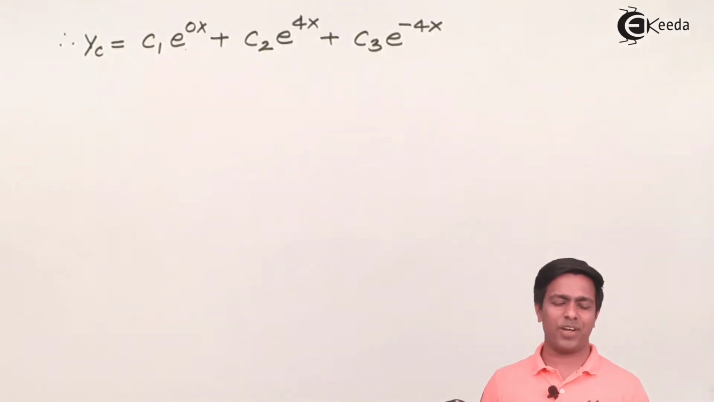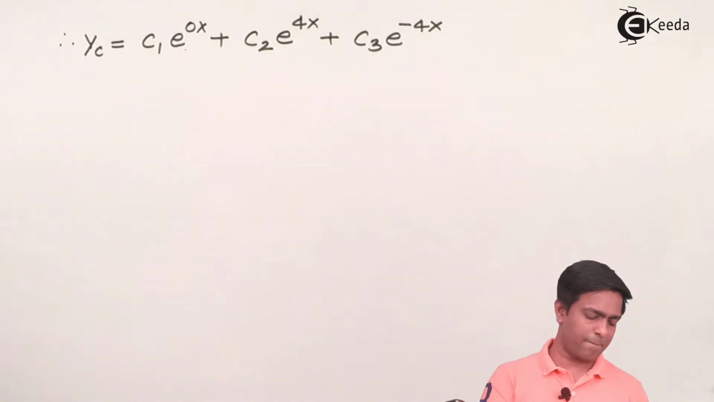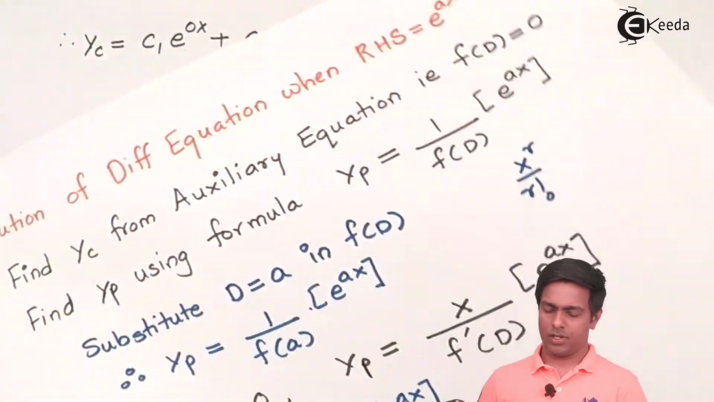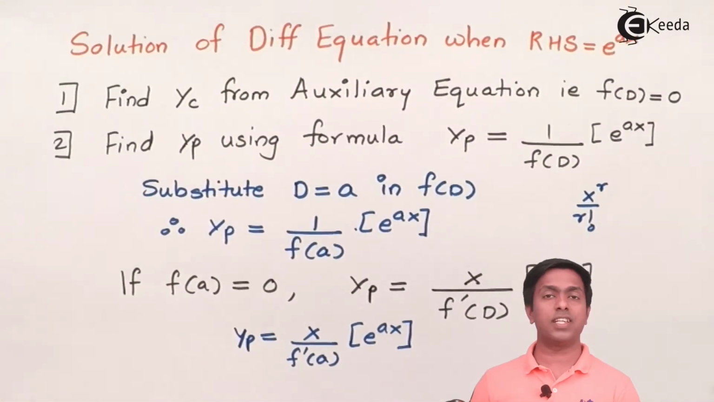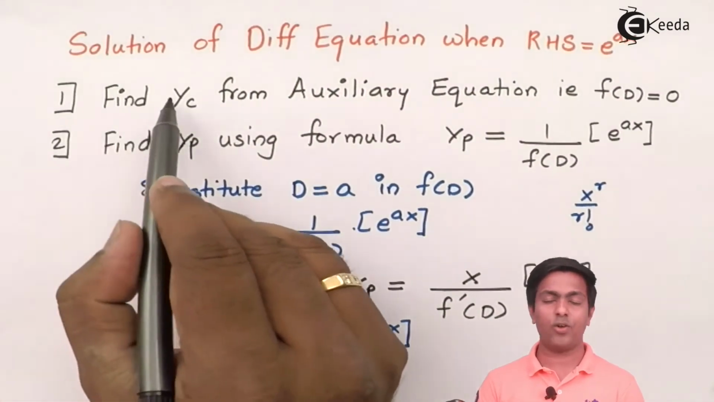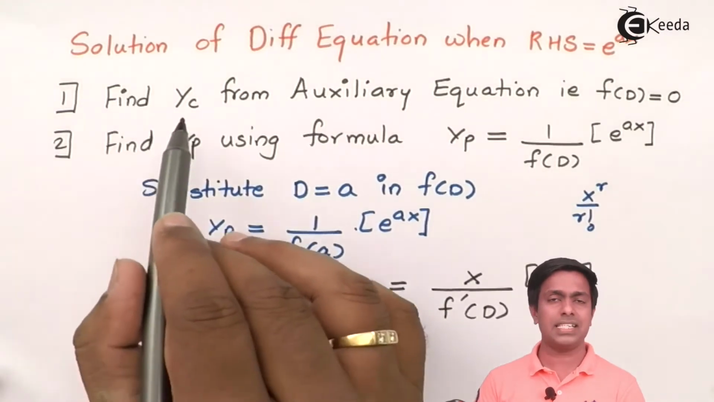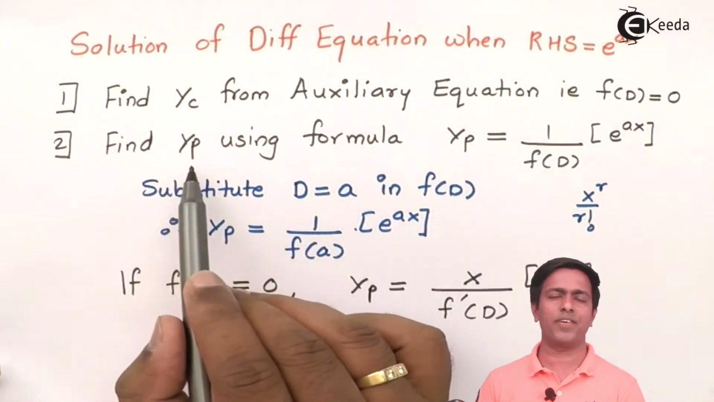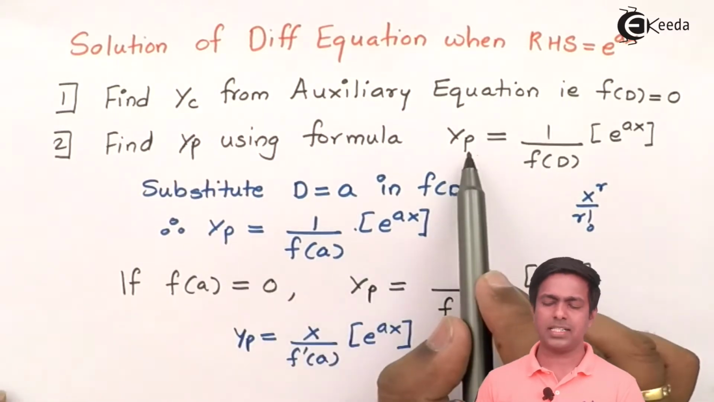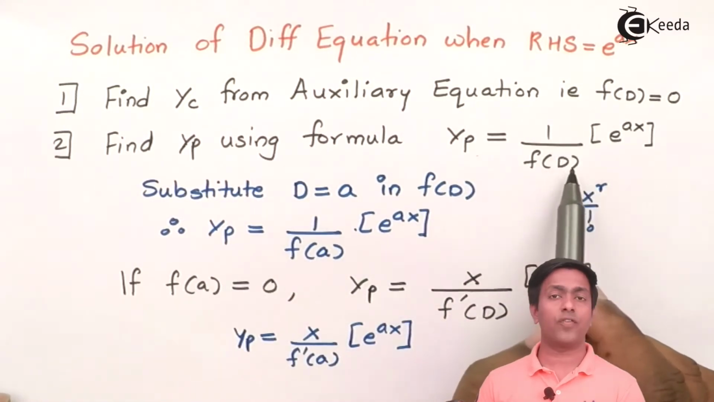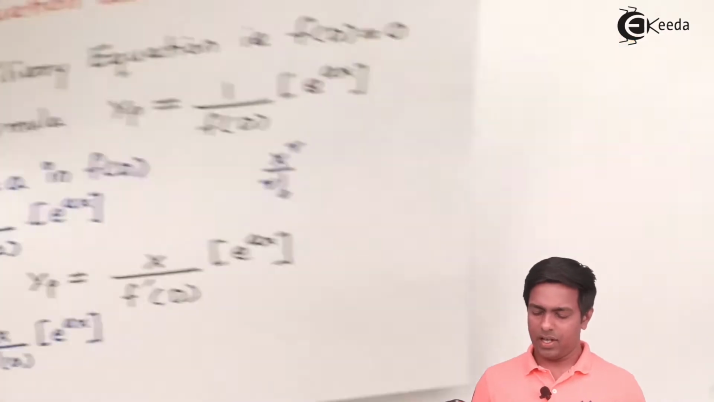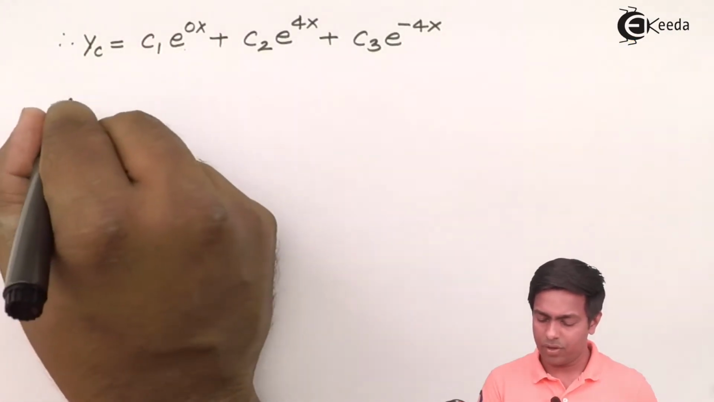Now let's find out the yp. Guys, I'm just following the steps. These are the steps which we have seen in the previous video. Now let's find out the value of yp, which is the particular integral. The formula is like this, which is 1 upon function of d into e to the power ax. So here I'll say, therefore